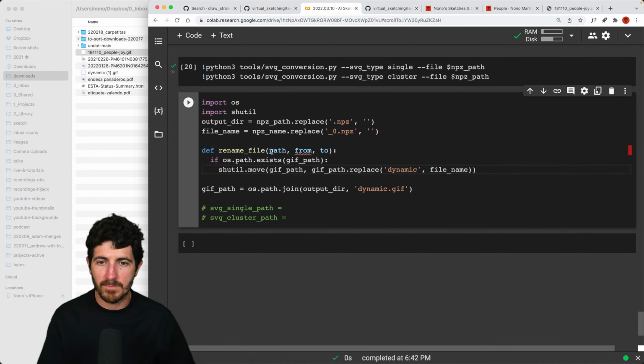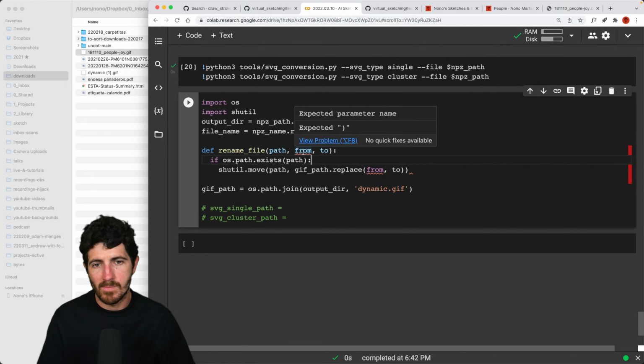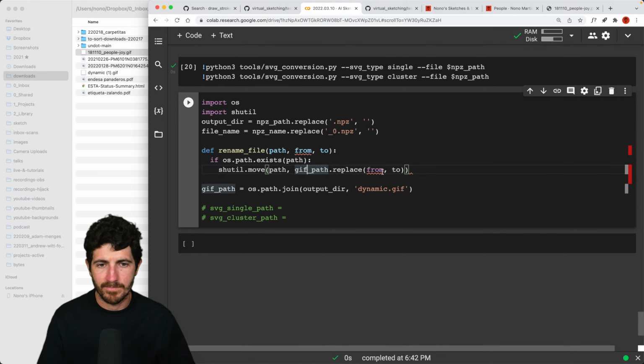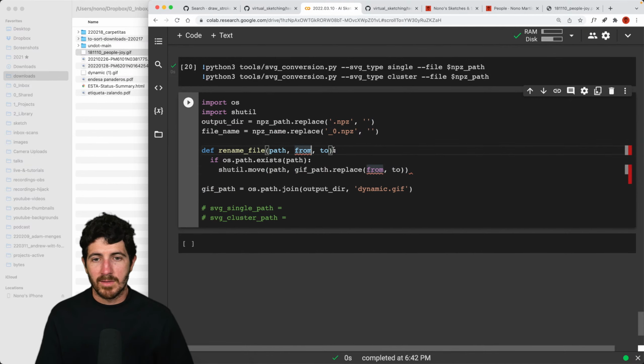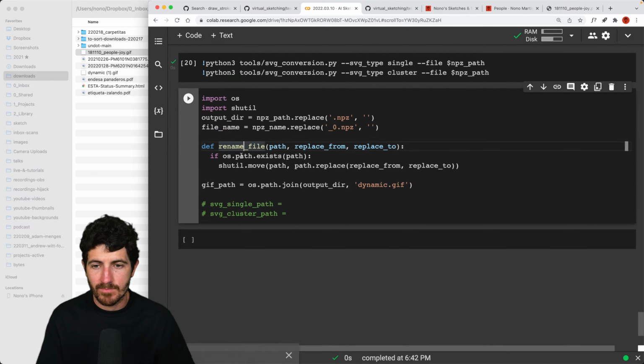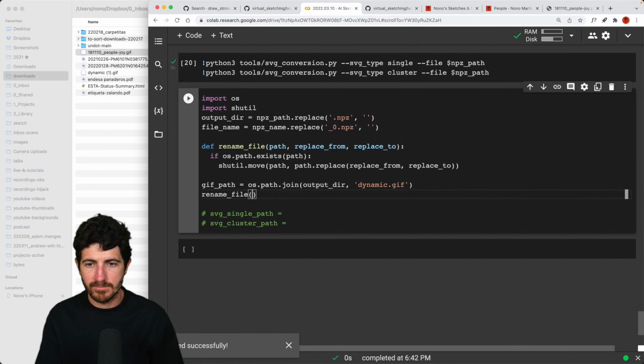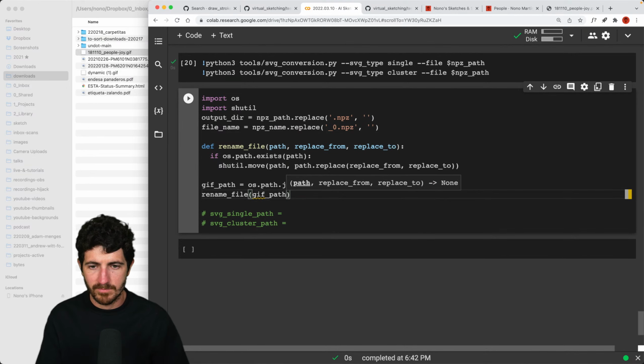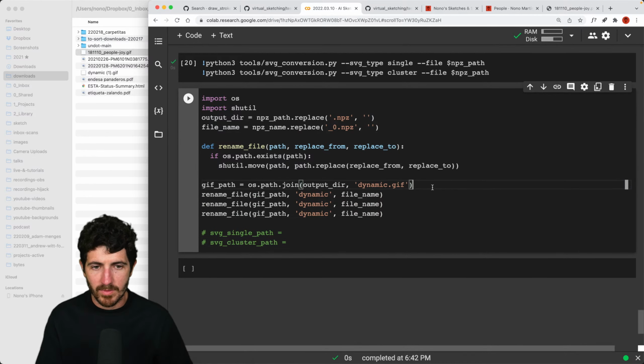And we'll just do, if the path exists, we're gonna move the path and we'll replace from to. So dynamic with file name,